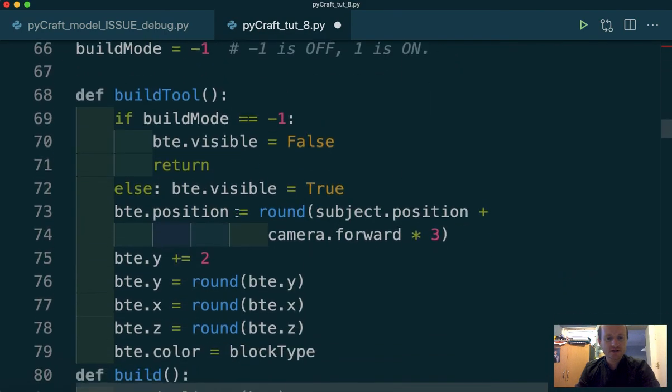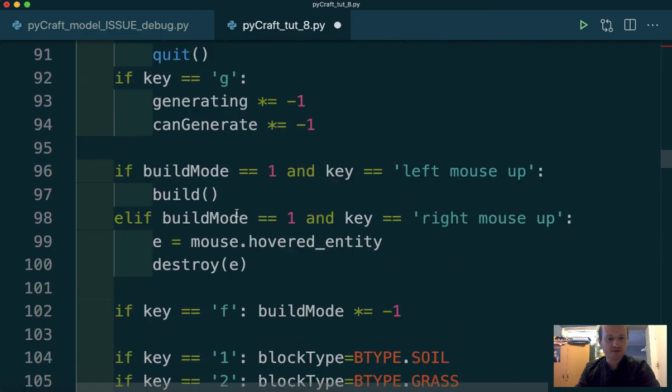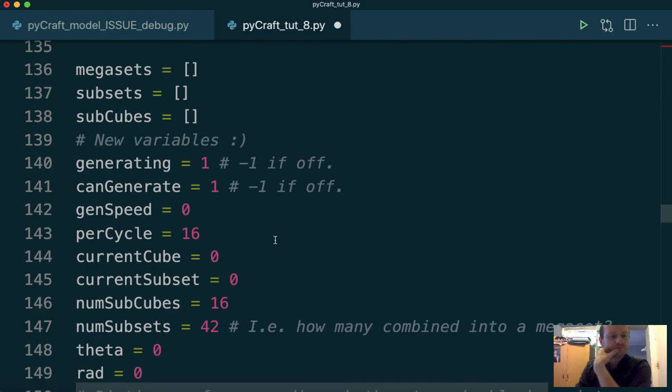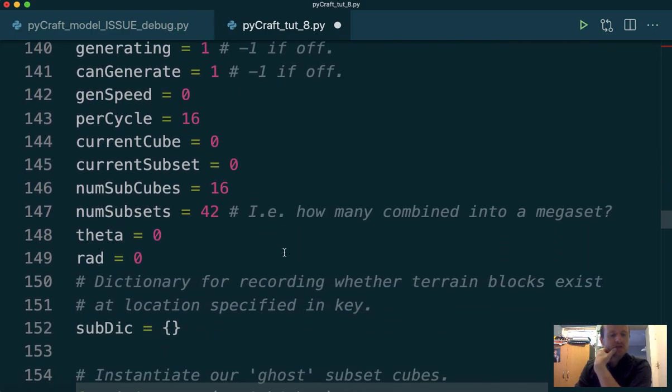So in the place where our variables are, what we do is per cycle